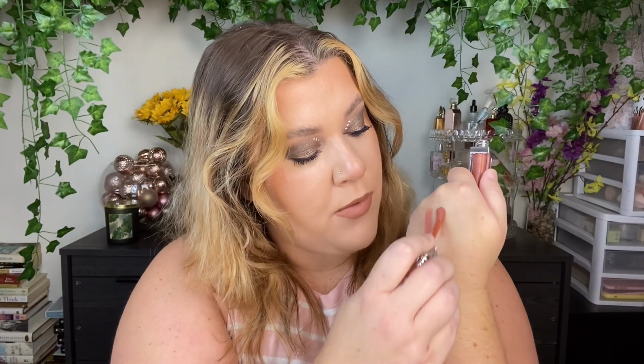I also picked up from Dior one of their Stellar glosses in the shade 629. This is so insanely beautiful, you guys. We went out and I wore it, and this is what the doe foot looks like, which looks kind of gross and whatever. But we went out and I wore this all night, and oh my god, it is so, like, the camera